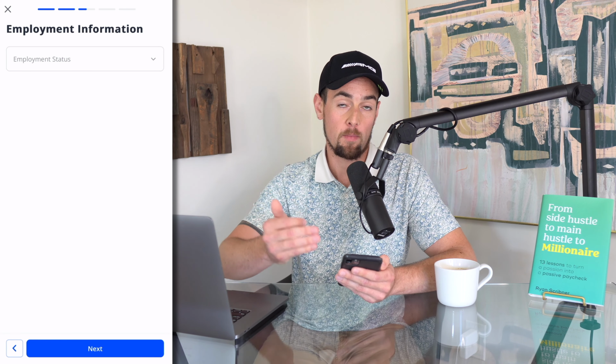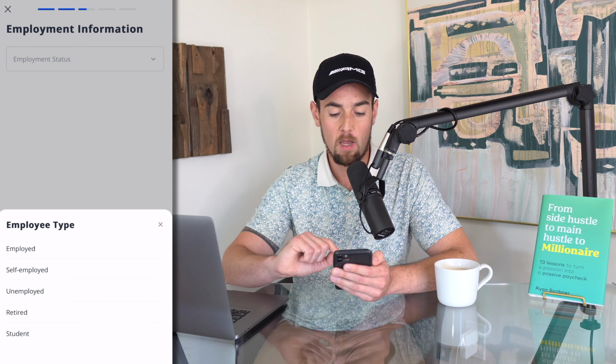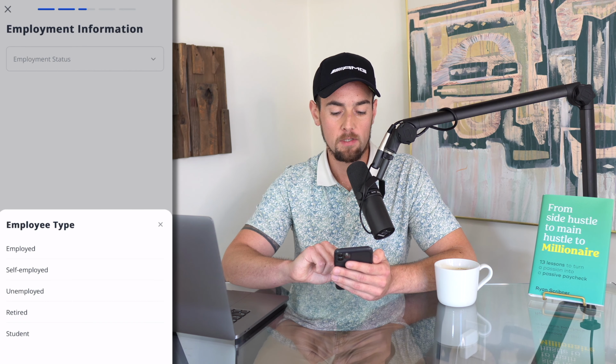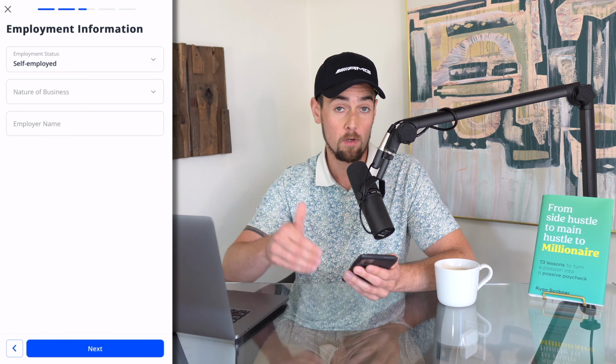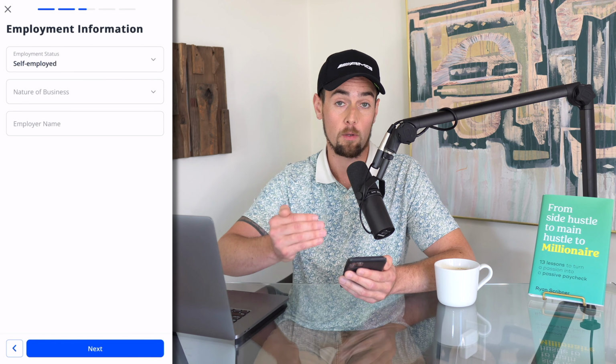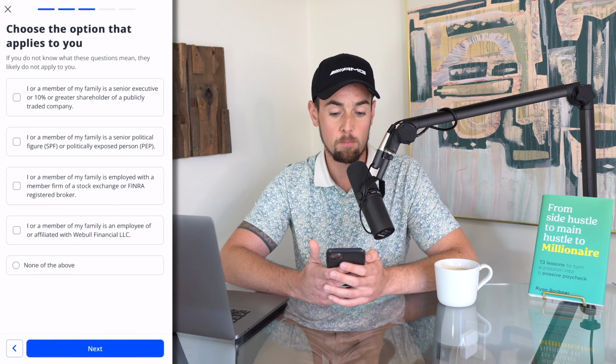Now, once you enter your information, it's going to ask you about your employment information. So we're going to select the drop down here, and I am personally self-employed, but you're going to go ahead and fill this out for yourself. If you're employed, you would have information there about your employer. Once you have your employment information filled out, you're going to click on the blue next button, and now they